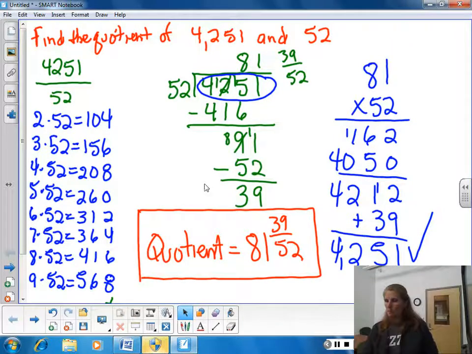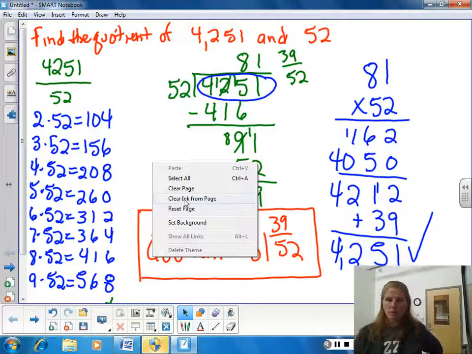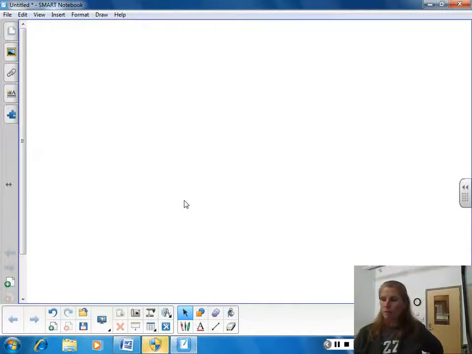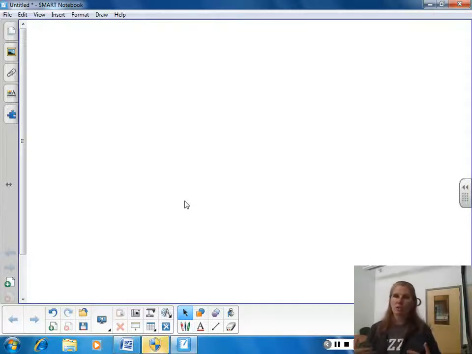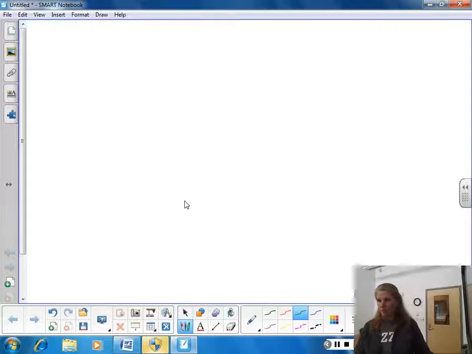All right? Let's do one more. Remember, it doesn't matter if you're dividing by 1 digit, 2 digit, 3 digit, 4 digit, 105 digit. The process is the same for division. And you get good at the process by just doing it over and over and over. I wish there was a way to avoid some of that, but you really can't. Okay, we're going to do